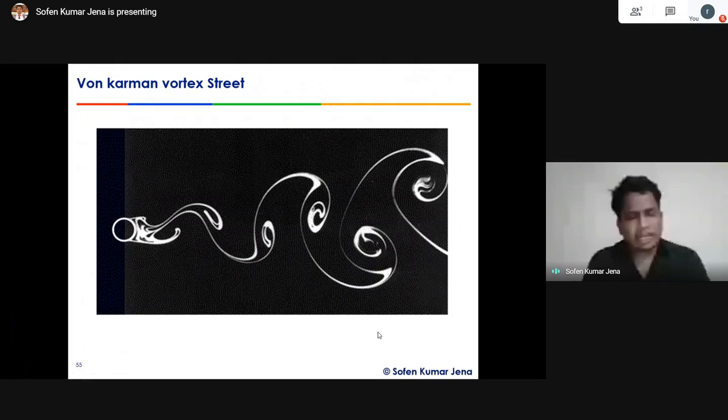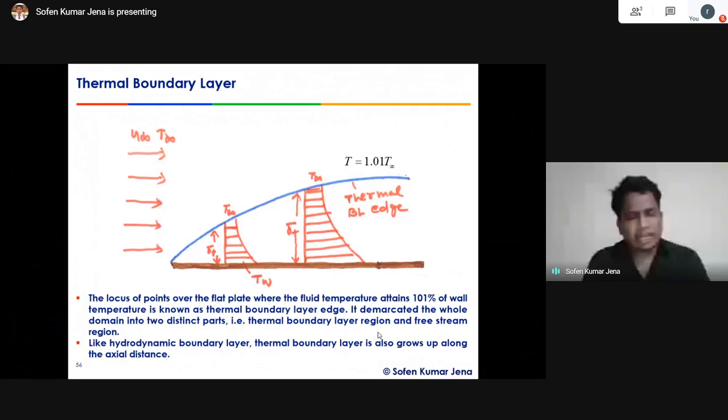After this, there is another concept called the thermal boundary layer. In this class, we'll give just a simple introduction to the thermal boundary layer, and in the next class we'll go for the solution of the thermal boundary layer. So first, the idea of what a thermal boundary layer is. Till now, in the boundary layer we have considered, we neglected any temperature. We assumed an isothermal condition, where the solid and the free stream fluid are at the same temperature. There is no exchange of heat, only an exchange of momentum.